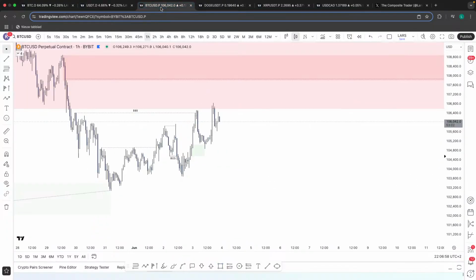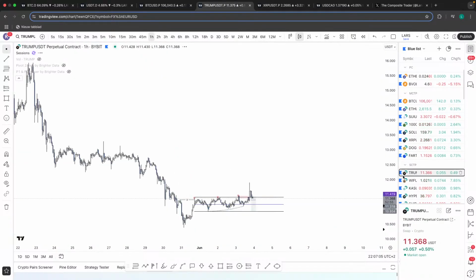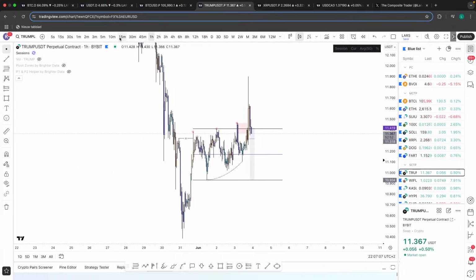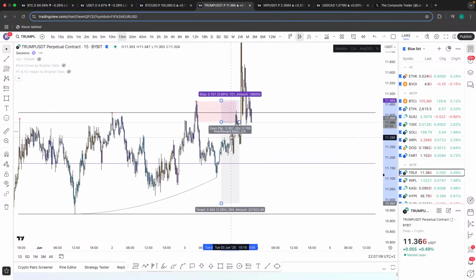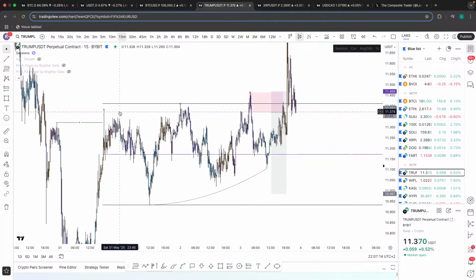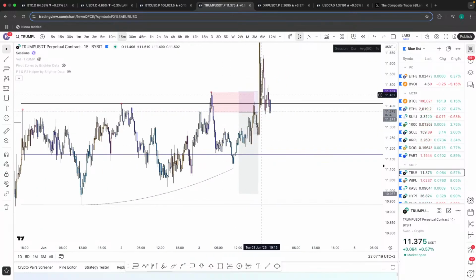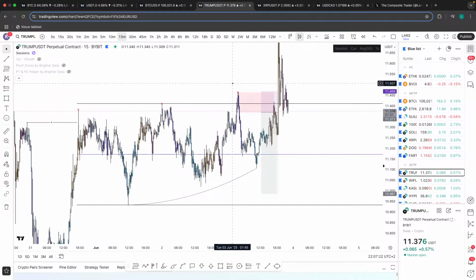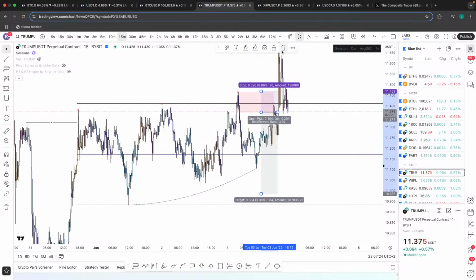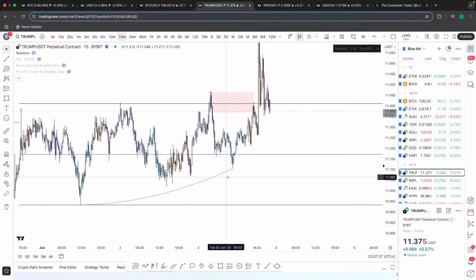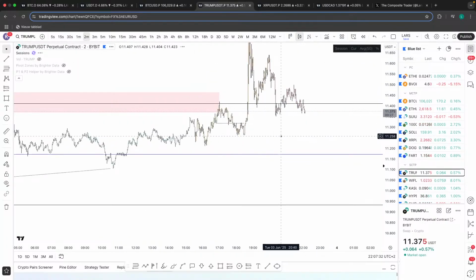In that chop on Bitcoin right here, you could get altcoins having certain pumps, a prime example of that being Trump, where I was initially looking for a short right here based upon this retest into the market maker supply, where you got your tab 1, tab 2, tab 3. I was looking for a retest into that supply for a Model 1 going over into a Model 2. I wanted to see a slow, forced move up into that supply, followed by an aggressive break of structure.